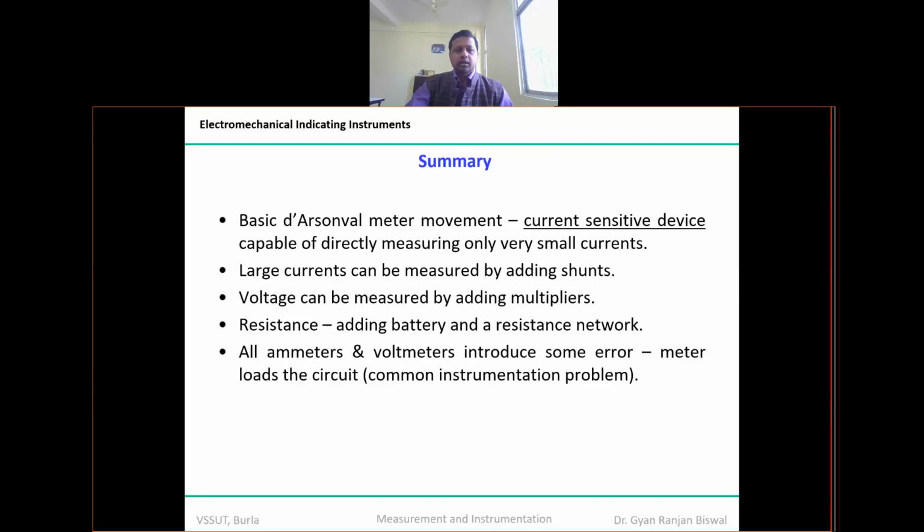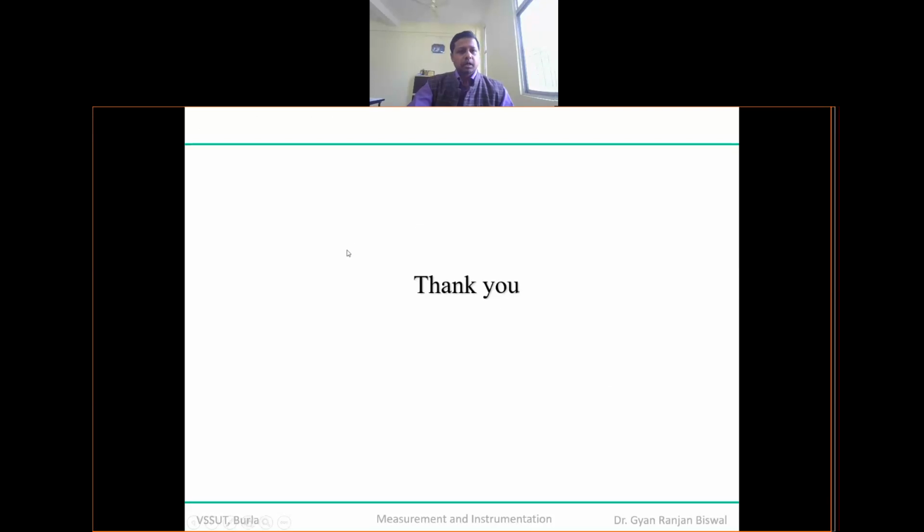Whenever you use a PMMC device as an ammeter, it will always introduce an error that is called the insertion effect. Whenever you use it as a voltmeter for the measurement of voltage, it always introduces an error that is called loading effect. You can also increase the range of voltage measurement by introducing a multiplier, and a universal shunt for current. You can also measure the resistance. So these are the different applications. I hope that it makes sense to you.